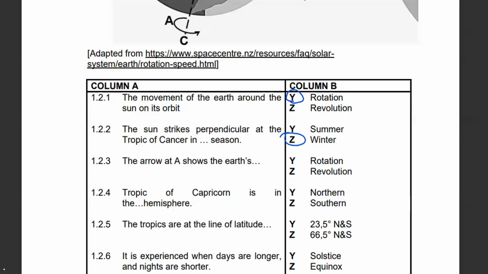So there's a distinction here. Tropic of Cancer is Northern Hemisphere, summer, and Tropic of Capricorn is Southern Hemisphere, summer. And the opposite is true. If it's summer here, it's winter in the southern. If it's summer here, it's winter in the northern. The arrow at A